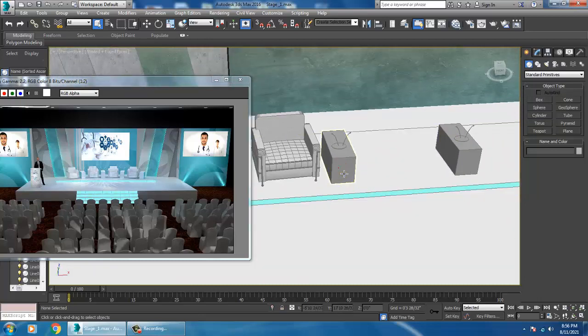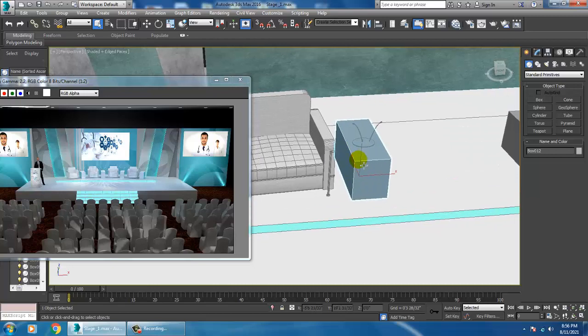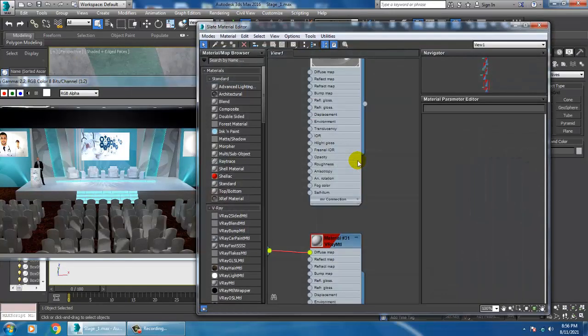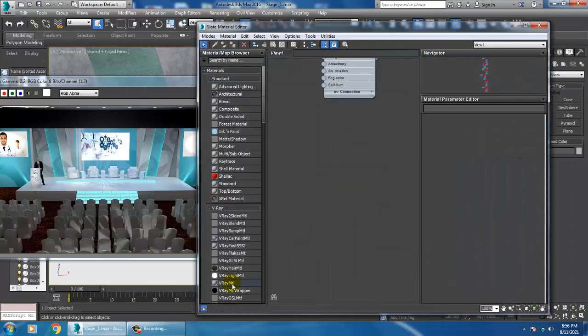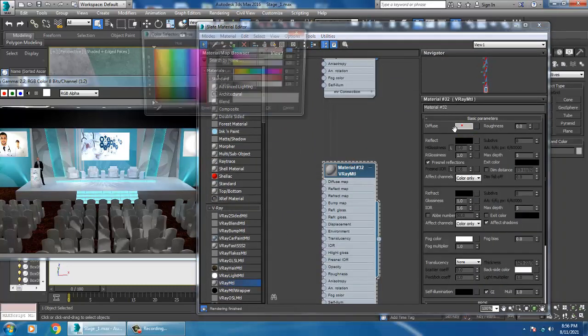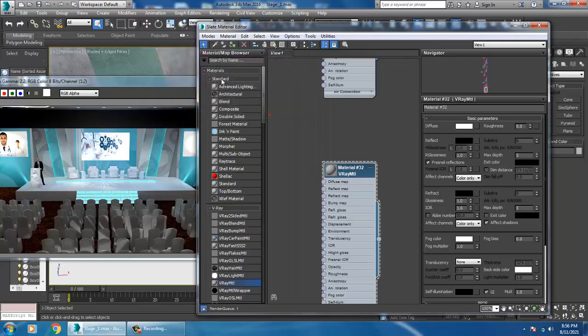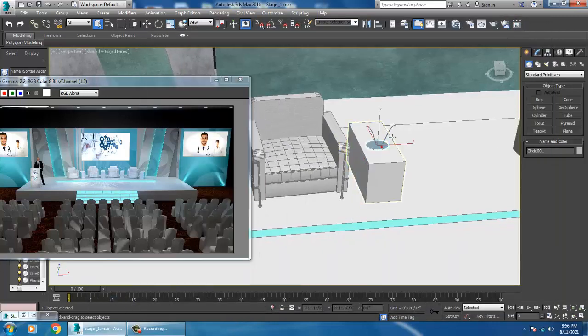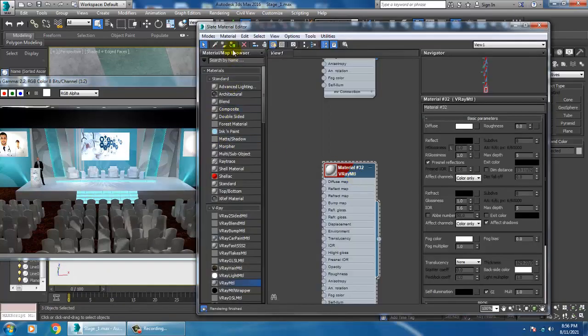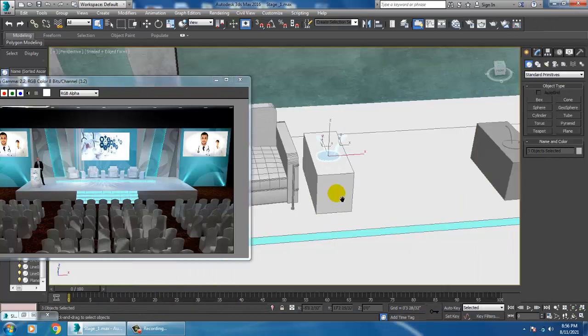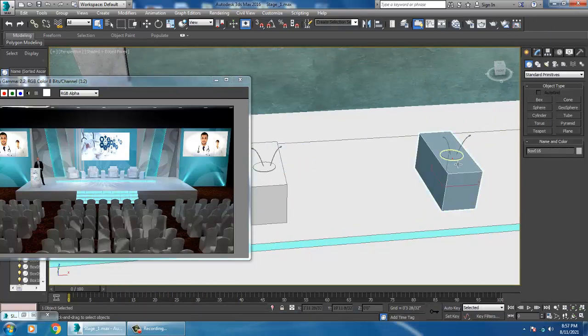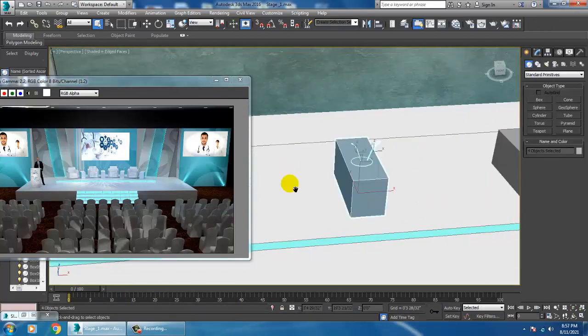So before that, let's give some color to it. I'll just assign a color over here. So let's go into the material. I'll just assign a V-Ray material over here, because although it's very far, let's just select this whole thing.